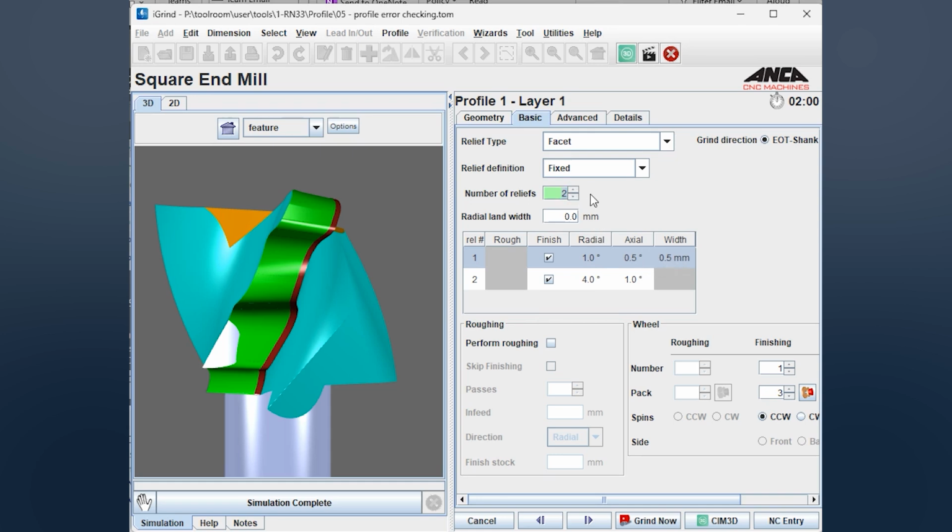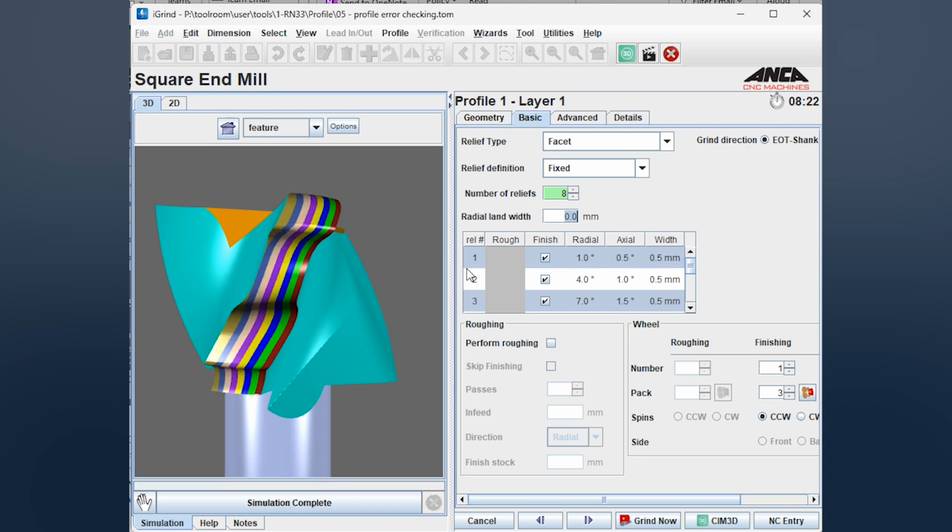then the delta between relief 1 and 2 will be used to expand to other relief angles, and line width is copied. So the delta of 3 degrees in the radial relief and half a degree in the axial relief is copied across all the way down to the number of reliefs that we have added,